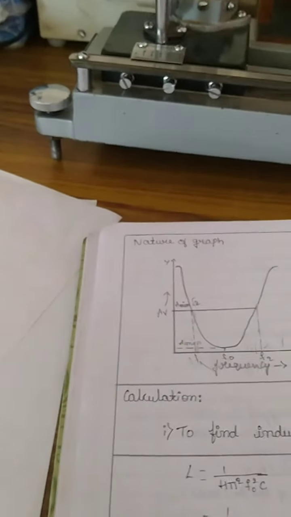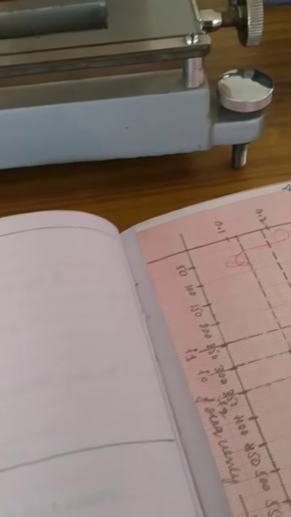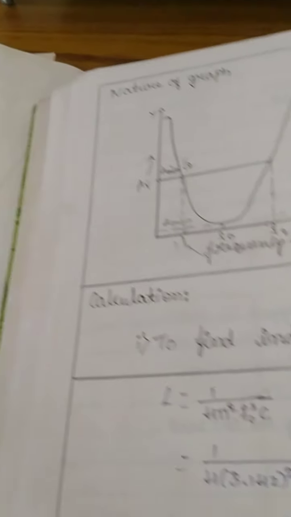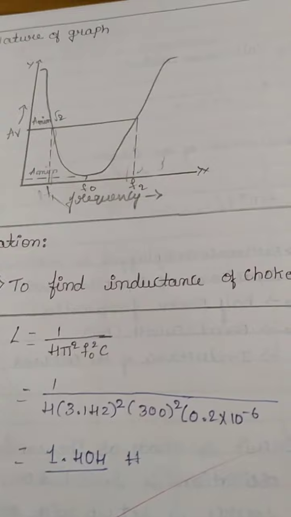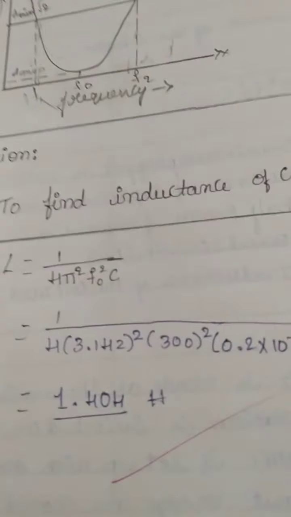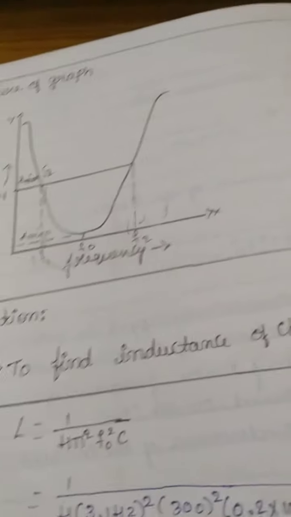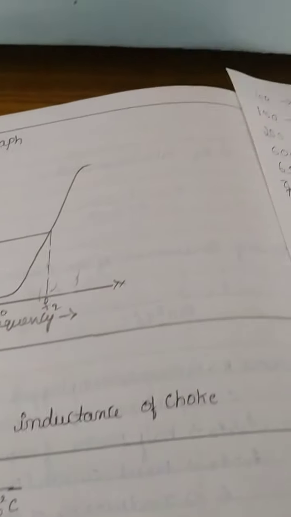For that, the resonant frequency formula is given by 1 divided by 2 pi root of LC. Therefore, the resonant frequency is going to be calculated by using the values we have plugged in, 0.1 and 1000. Therefore, we are going to calculate the cutoff frequency and resonant frequency, and inductance is going to be calculated using the formula L equals 1 divided by 4 pi square f naught square into C. When you substitute into those formulas, you get the same value for both the graphical method and the theoretical value.